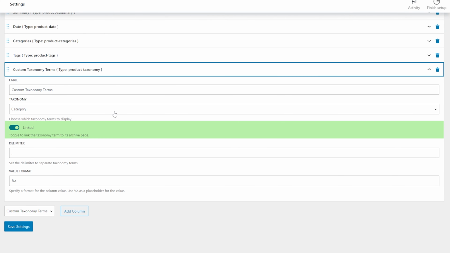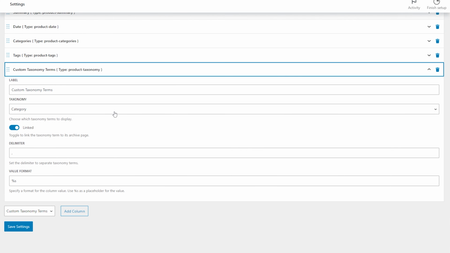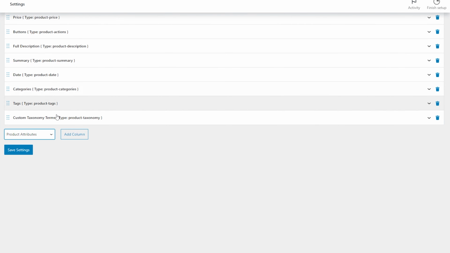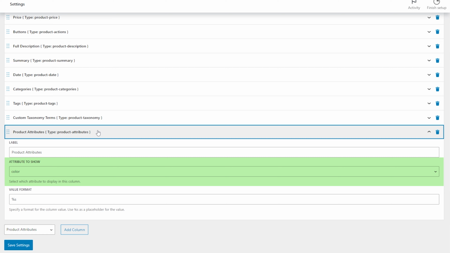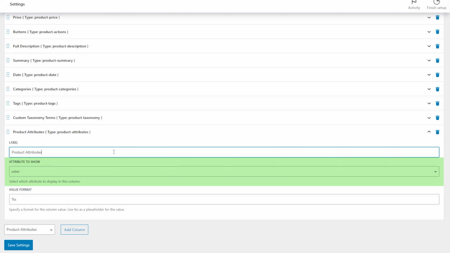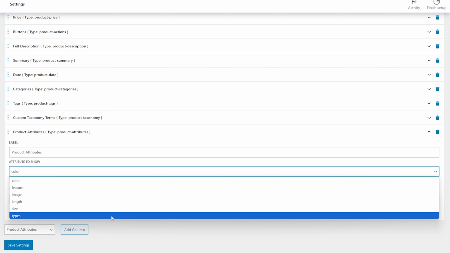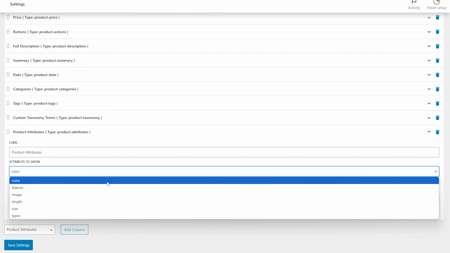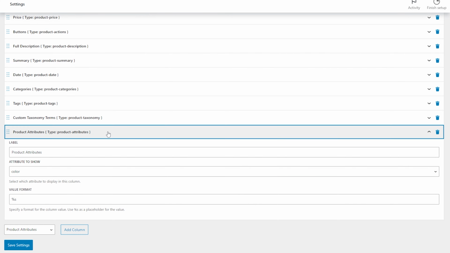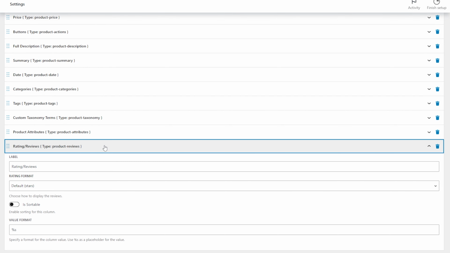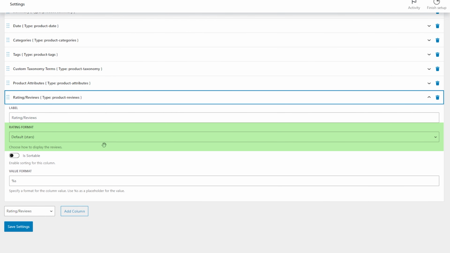If the following toggle is activated, the taxonomy term will be linked to its archive page. The Product Attributes tab has the Attribute to Show setting for choosing an attribute that will be displayed, such as color, feature, size, length, etc. For the Rating/Reviews tab, you can customize the rating format, a format of the displayed WooCommerce